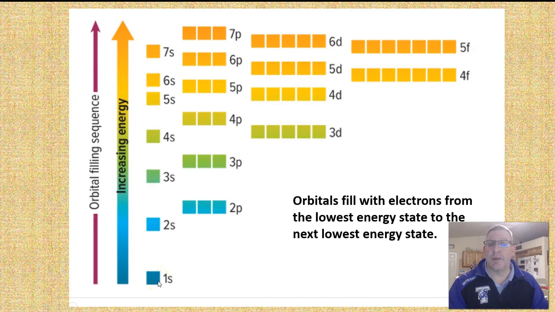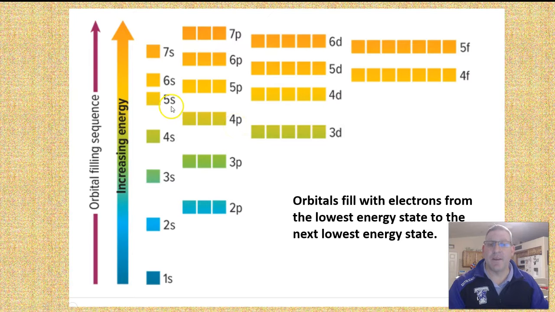After the first energy level is filled, then the electrons are pushed out to the second energy level, the s sublevel, and then the p sublevel. After those are filled, if it's in the ground state, then they will be pushed out to the third energy level, the s sublevel, and then the p sublevel. And if you notice, we do have a 3d sublevel here, but it is slightly higher in energy than the 4s. So after the 3p is filled, then the electrons go to the 4s, then followed by the 3d, then